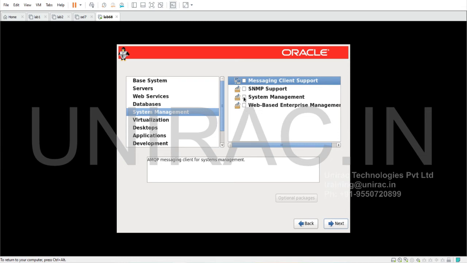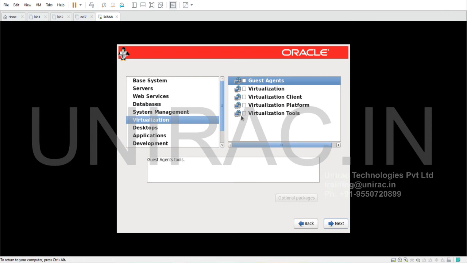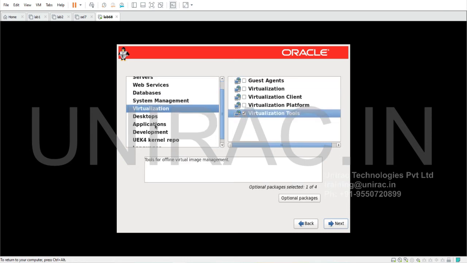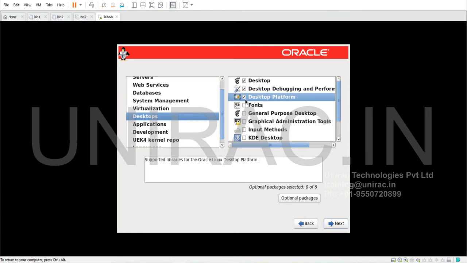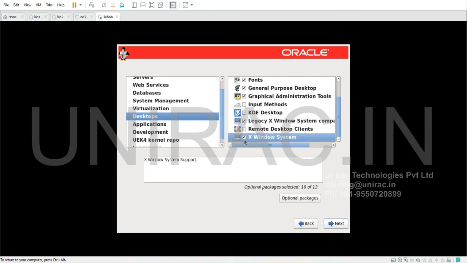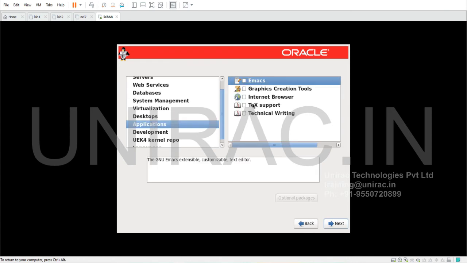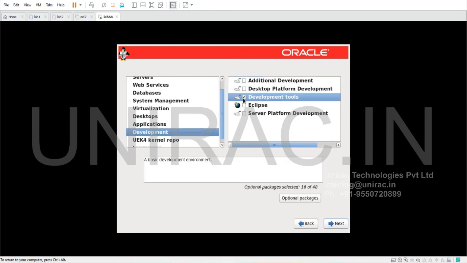System management, you can have your system management. Virtualization, I'm not going to have any virtualization, but tools I'm going to use. Desktop, I'm going to choose the desktop. Fonts, general purpose, graphical administration tools, legacy, and X Windows. Applications, I'm going to have the internet browser. Development tools.